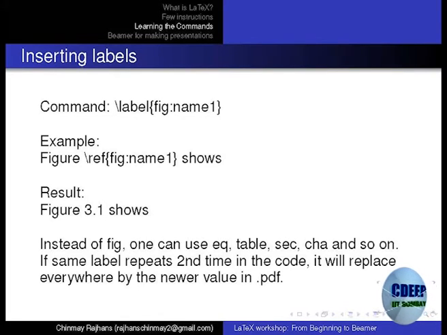Okay. So just run this 2 times. Give a label to your figure, avoid spaces, generally spaces are not used in this. Give this label to your figure, the previous figure, just put backslash ref with the exact same label you used here, run it 2 times, and your PDF should have the number.